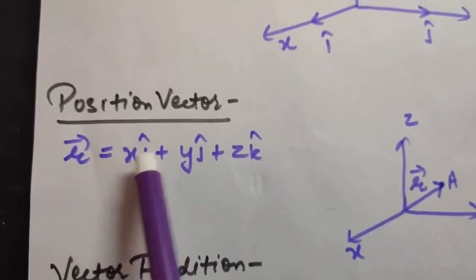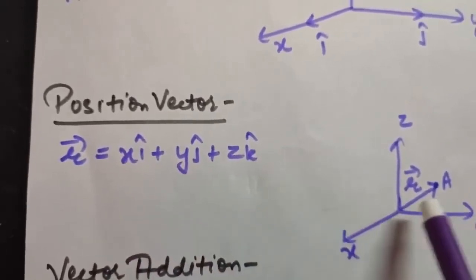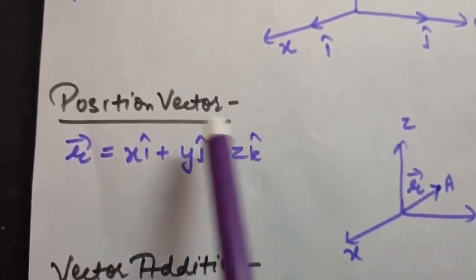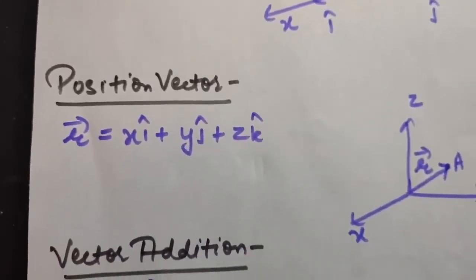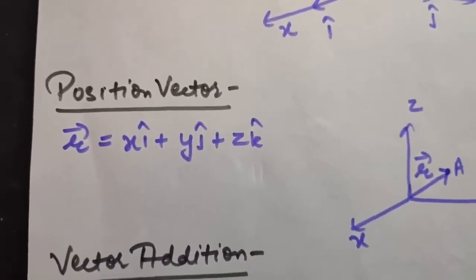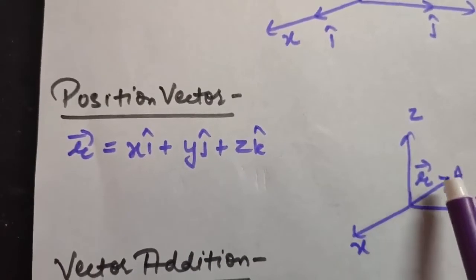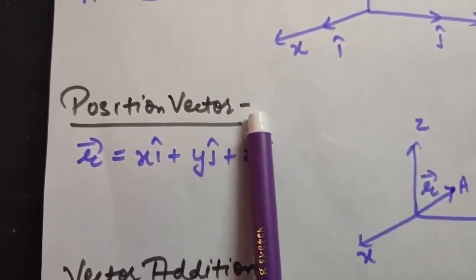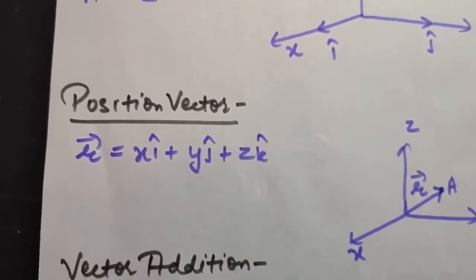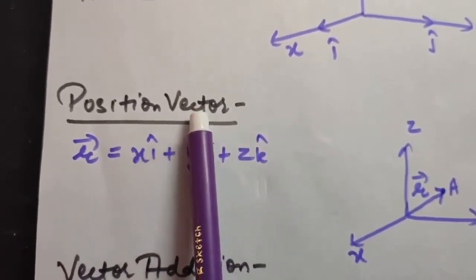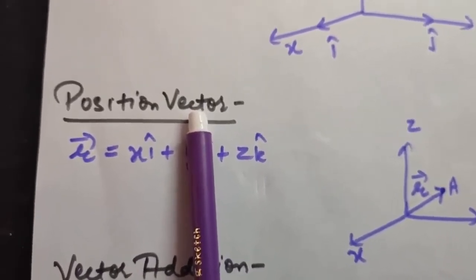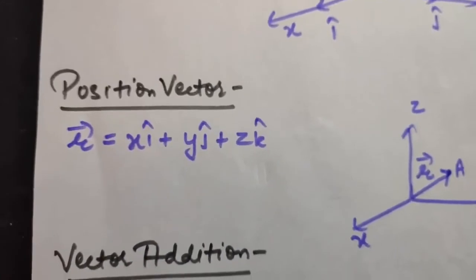That is, x, y and z are the particular magnitudes in x, y and z direction, and these are the unit vectors. So we write position vector like this: r is equal to xi cap plus yj cap plus zk cap. If suppose now this A is only lying in xy plane, then this component will not be there because it is only in xy plane, so only i cap and j cap components will be there. If this vector is only in xz plane, then this component will not be there, only xi cap plus zk cap will be there. So this is your position vector.